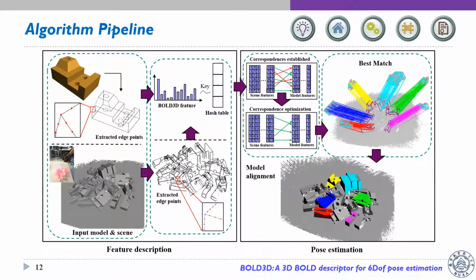These BOLD 3D features are then stored into a hash table for quick retrieval. During the online matching phase, the same edge point extraction and downsampling strategy as the offline stage is used. The input scenes are represented by a series of BOLD 3D features which are then utilized as a key